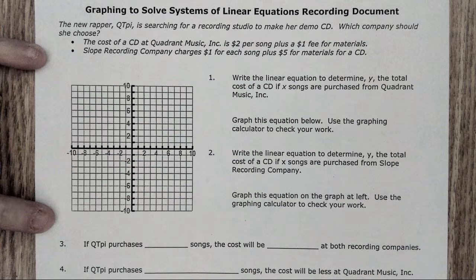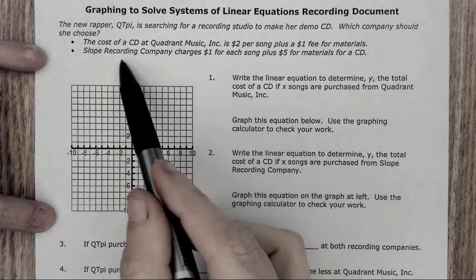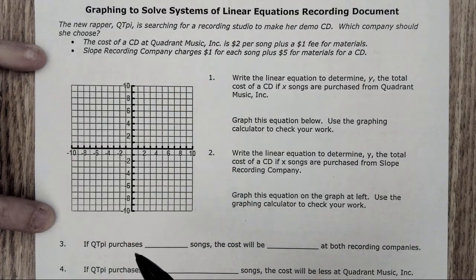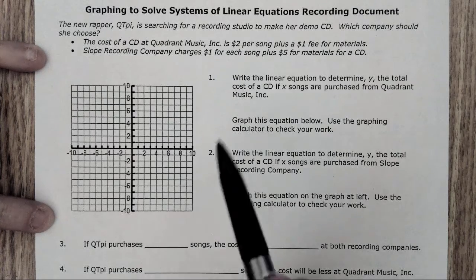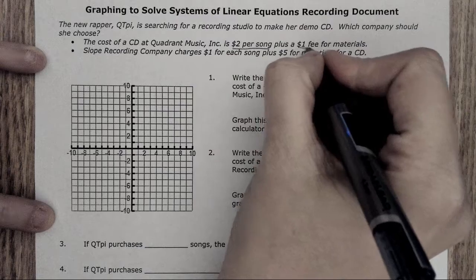The new rapper, Cutie Pie, is searching for a recording studio to make her demo CD. Which company should she choose? So, we have two studios here. We have Quadrant Music and Slope Recording Company. Again, don't judge. So, the cost of a CD at Quadrant Music is $2 per song plus a $1 fee